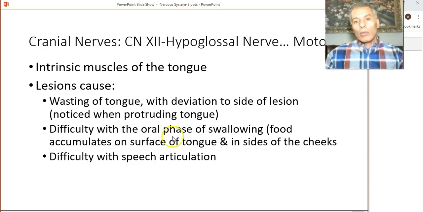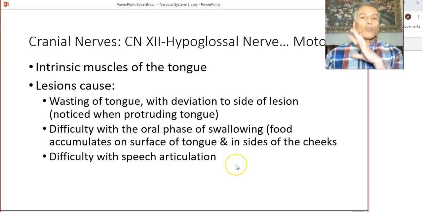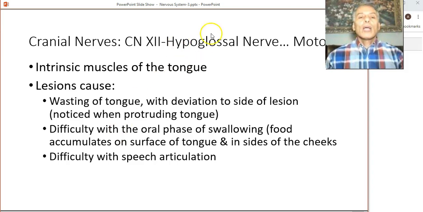Difficulty with the oral stage of swallowing. For example, food will accumulate on the surface of the tongue and inside of the cheeks, because this tongue movement is very important for clearing the tongue and moving the food from one side to the other and mixing it with saliva and so on. So if there's damage in there and the tongue can't perform these movements, then the food will accumulate there,